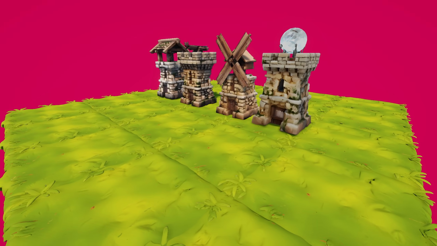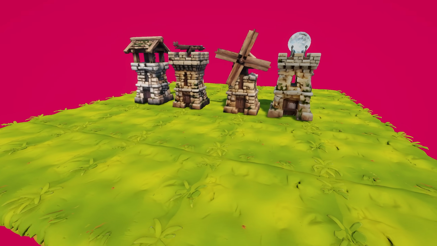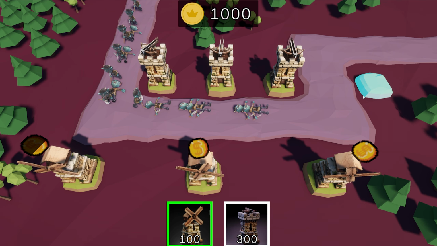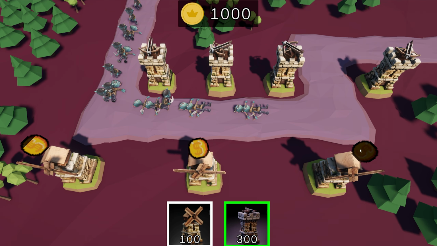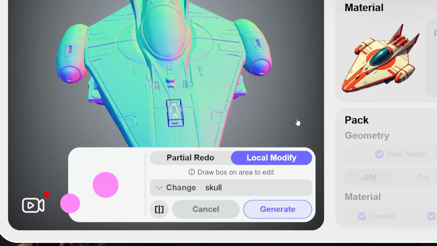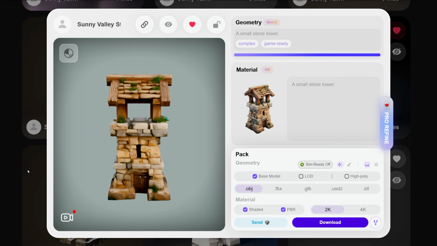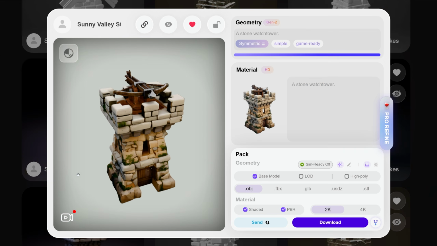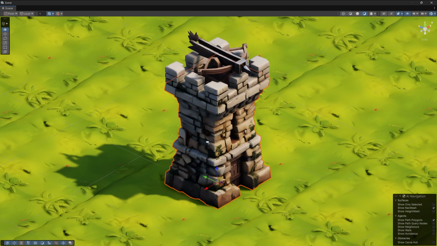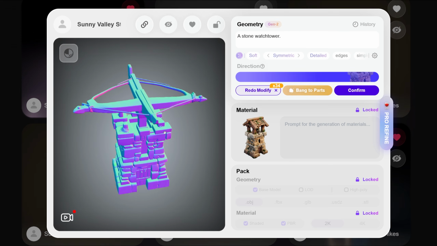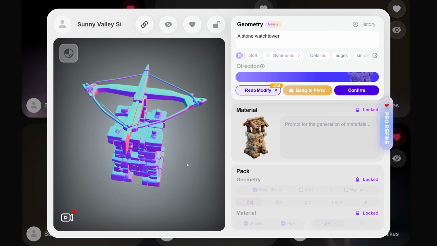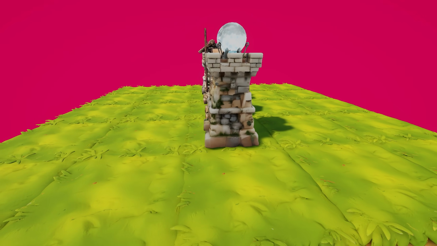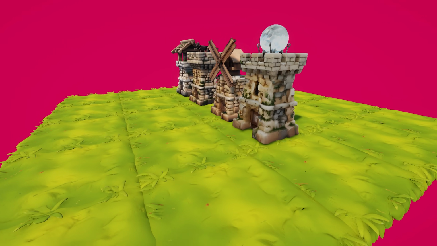This way, I was able to generate a few different tower variations for my game prototype from a single base tower model. Now, Rodin definitely won't replace a real 3D artist. AI generation can be a bit unpredictable. This is the base tower I started with, and on the first try, Rodin generated this decent-looking shooter tower. But running the same prompt again produced a quite different result. Rodin can be a really useful tool, but it may take a few tries to get the results you're looking